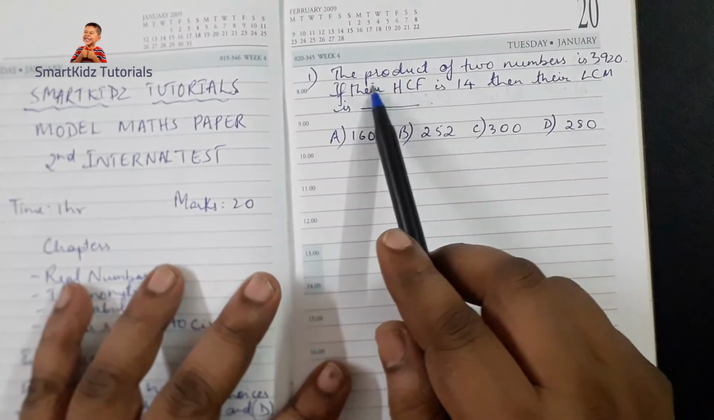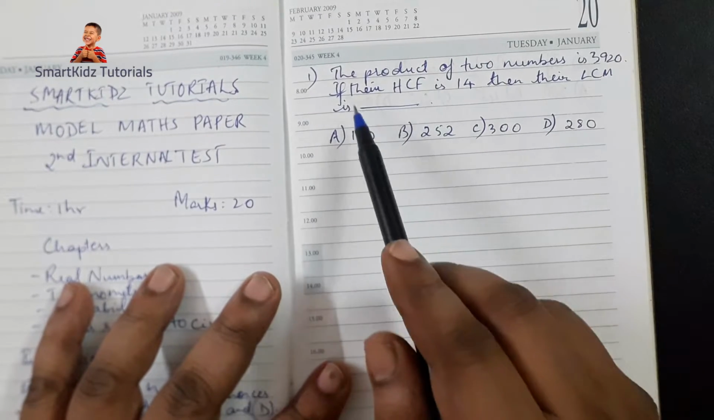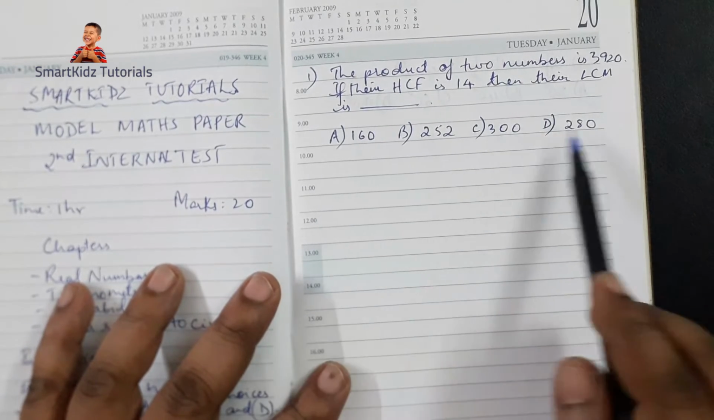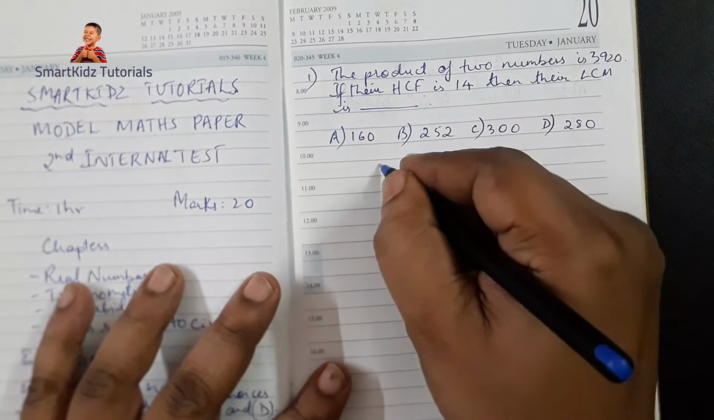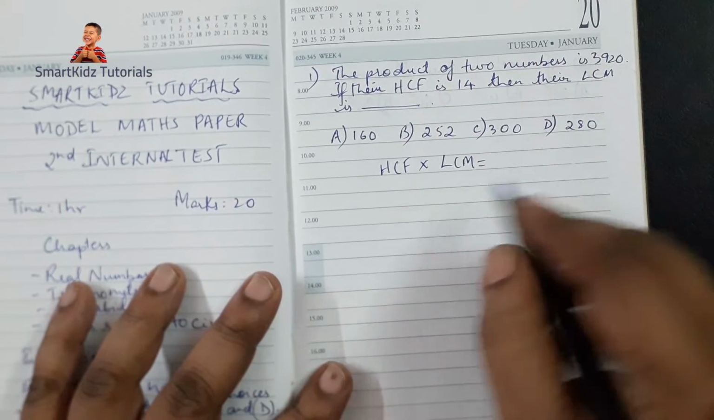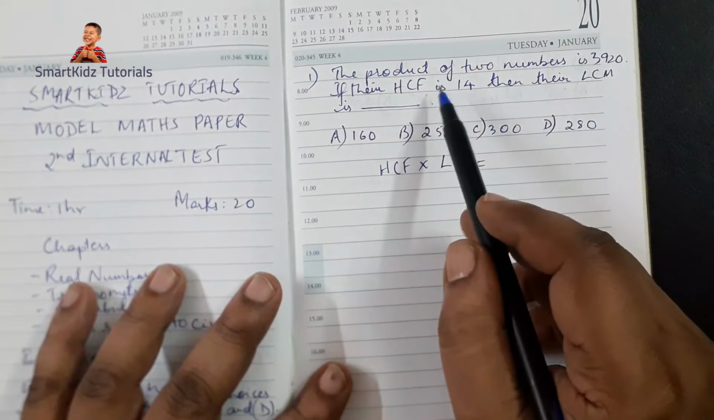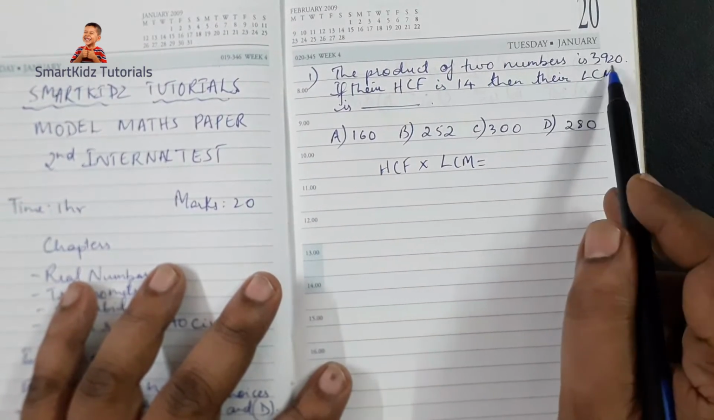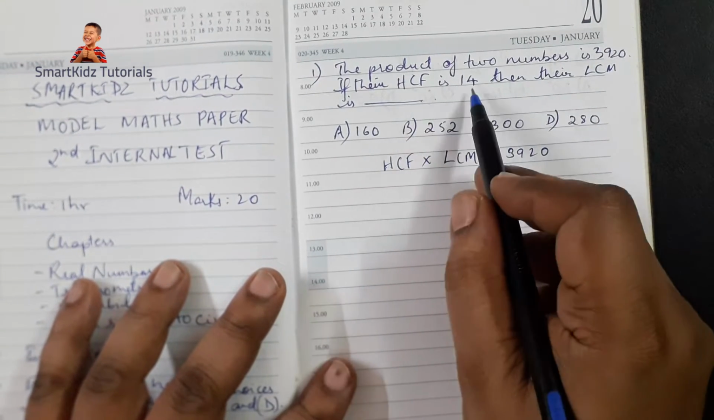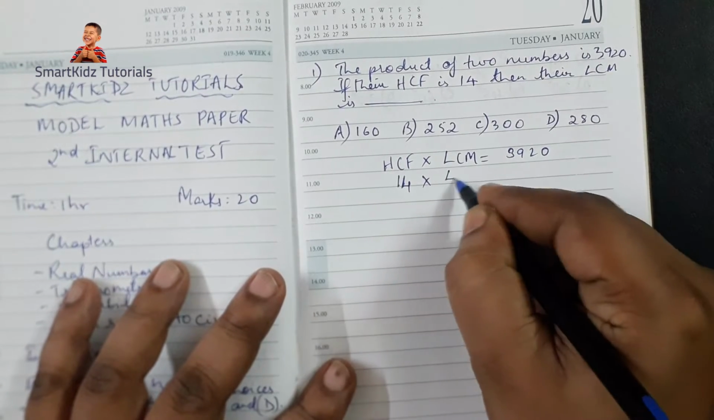The first question says the product of two numbers is 3920. If their HCF is 14, then their LCM is one of these choices. To solve this, we use HCF into LCM. The product of HCF into LCM gives us the product of the two numbers. So the product of two numbers we have already been given as 3920, and we have also been given HCF as 14. So instead of HCF, we're going to put 14 here into LCM